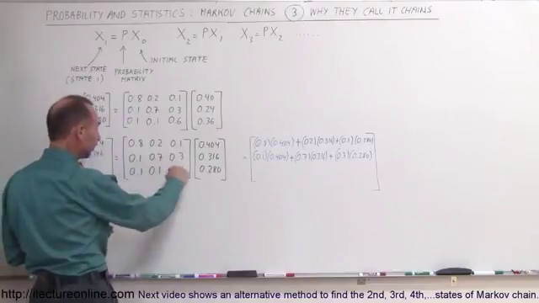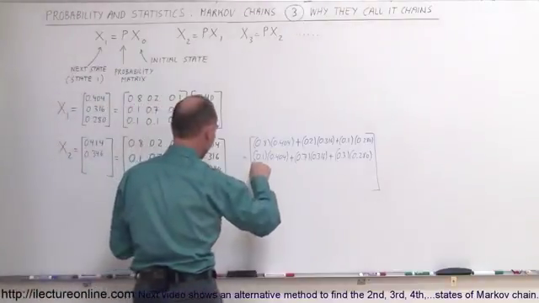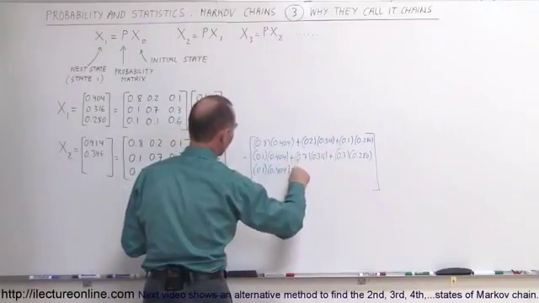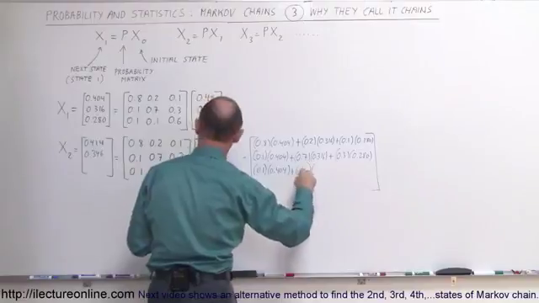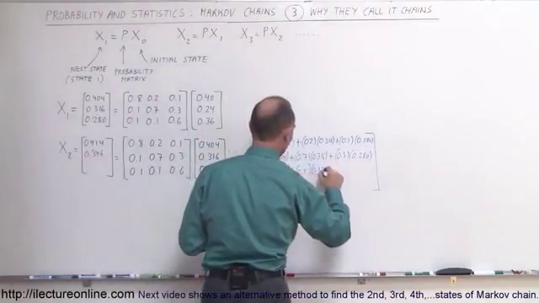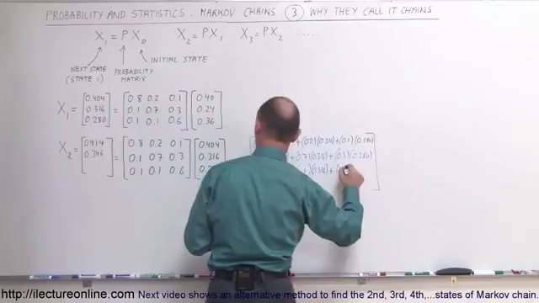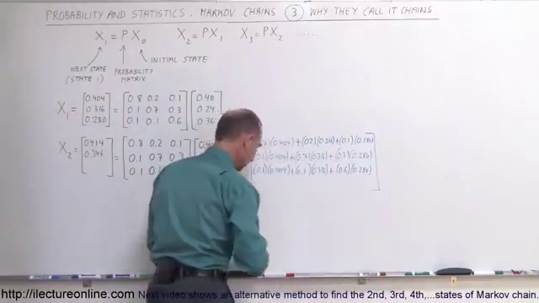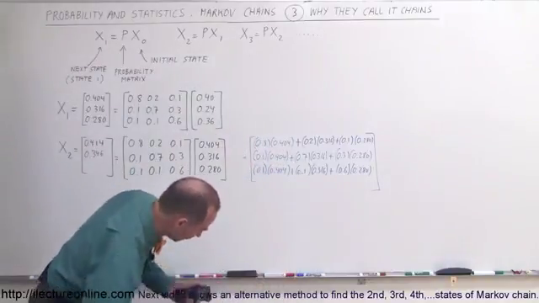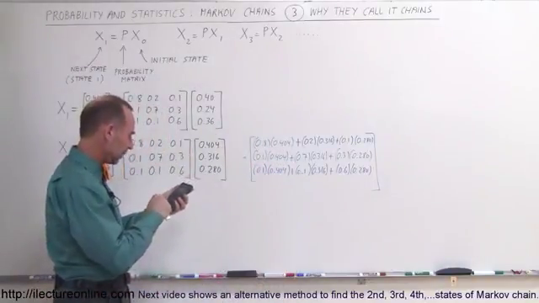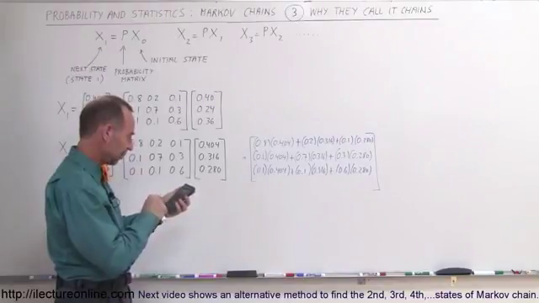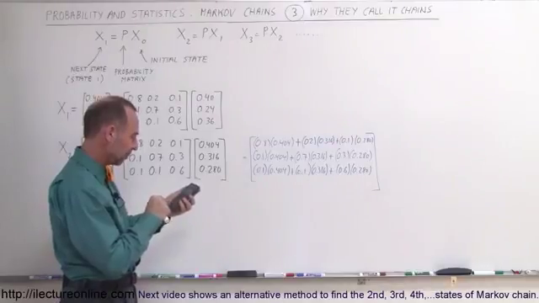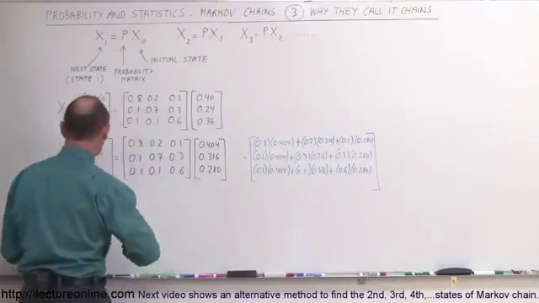Now we're going to multiply this row times this column, and we're going to get 0.1 times 0.404 plus 0.1 times 0.316 plus 0.6 times 0.28. All right, and that will give us the 3rd result. So 0.1 times 0.404 plus 0.1 times 0.316 plus 0.6 times 0.28 equals